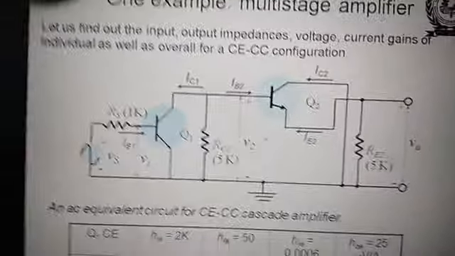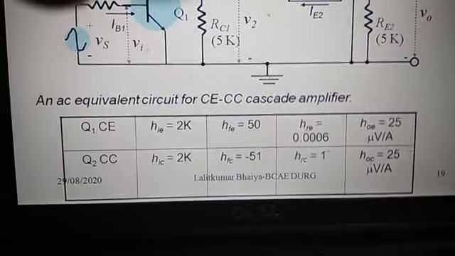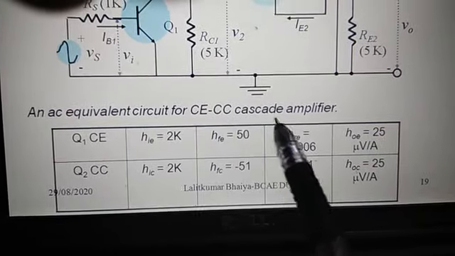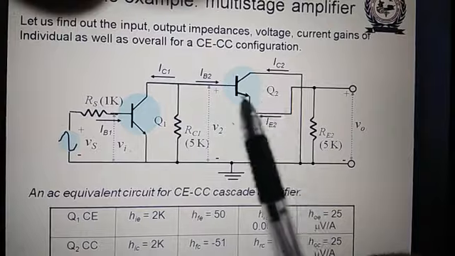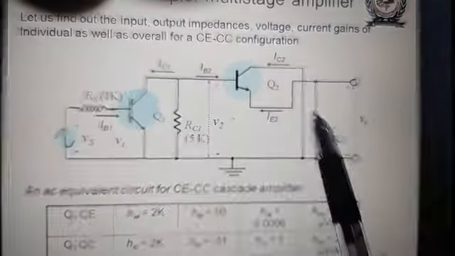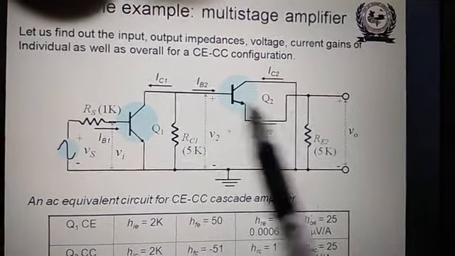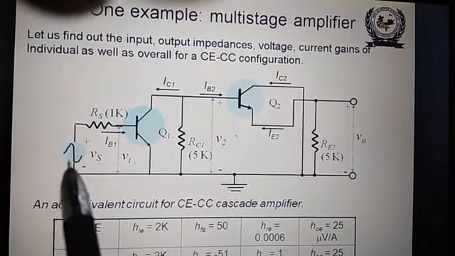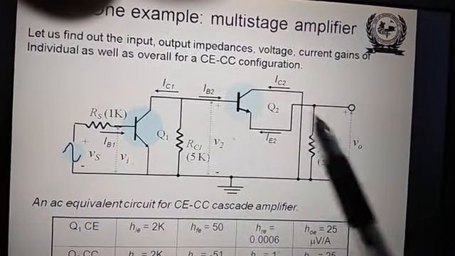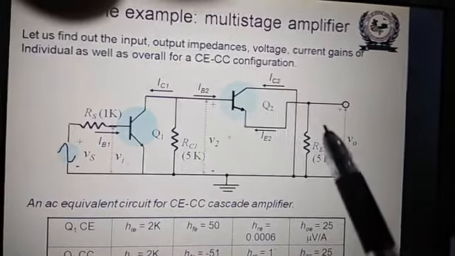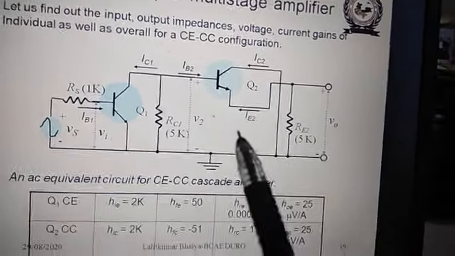So this is the example of the two-stage amplifier, and here you can see an AC equivalent circuit for the CE and CC cascade. This is the AC equivalent circuit where we have grounded the supply. The DC supply of this stage and of this stage is grounded. So after grounding all DC supply, we can draw this AC equivalent. Now the input is AC here, so only the AC signal is applied here, and DC is grounded for the analysis. For AC analysis, we must ground the DC. So after grounding DC and connecting this input signal, we will get this AC equivalent circuit.